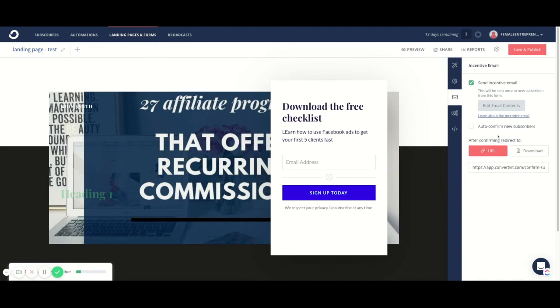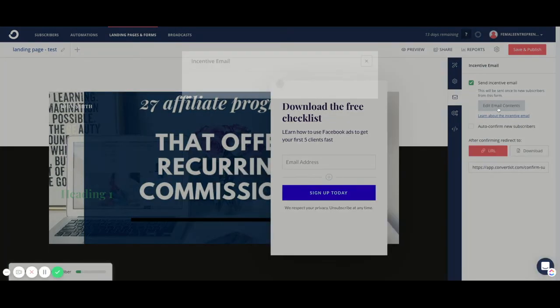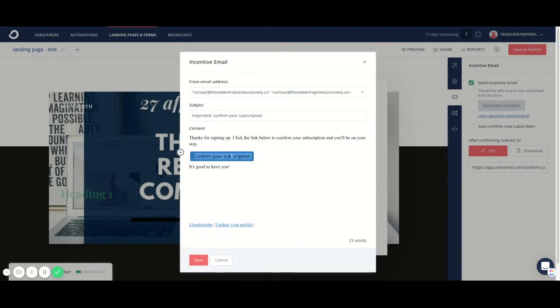So if you are in Europe or if you serve customers in Europe, you don't want to auto confirm new subscribers, so you can read why you should not auto confirm subscribers. But again, because of GDPR, you need to get their consent in order for you to send them messages. So what you can do is when you are editing email content, instead of confirm your subscription, you can just have this button that says